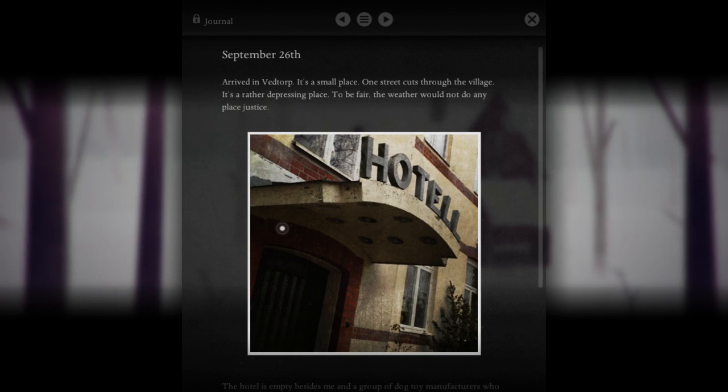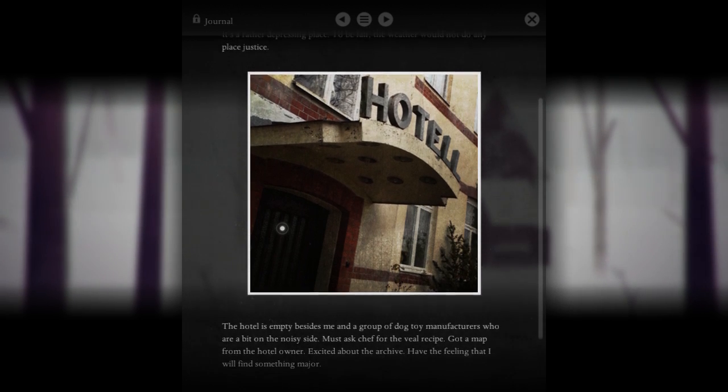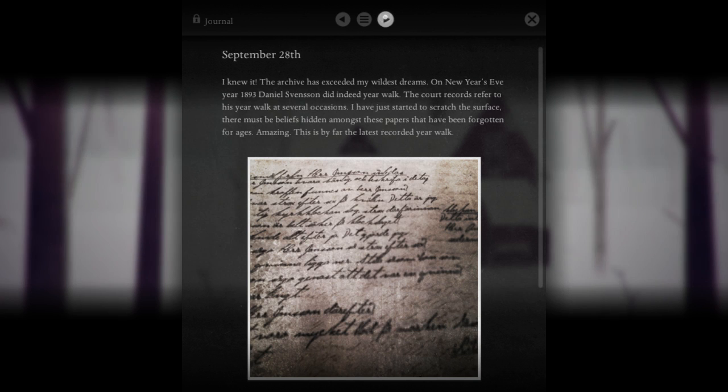So he gets to Vedtorp, and he is immediately struck by it's a very bleak and desolate and empty place, which could add to the atmosphere, could also signify something just off with the general area. Most interesting, though, is that he does indeed find that in the year 1893, Daniel Svensson did indeed go on a year walk,